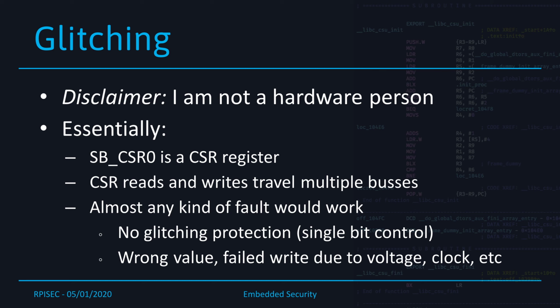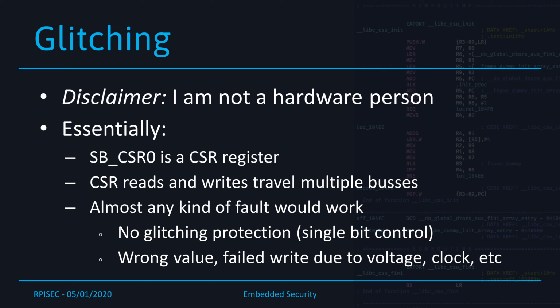So your idea is that when you do this write to this register, you're actually going to be traveling a few buses to get to the CSR registers, and you're basically in a glitching attack trying to induce any kind of fault which prevents this register write from actually occurring. If the value that gets written, because you don't write a single bit, right? You write a whole value on the bus. So if it writes the wrong value that does not have this bit set, or if it just doesn't write because you drop the voltage